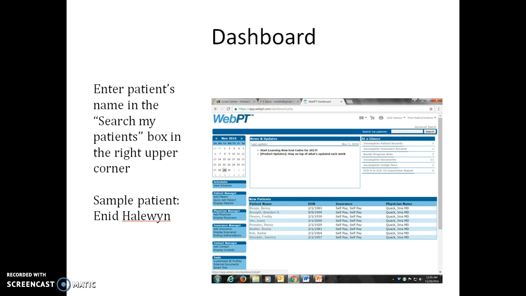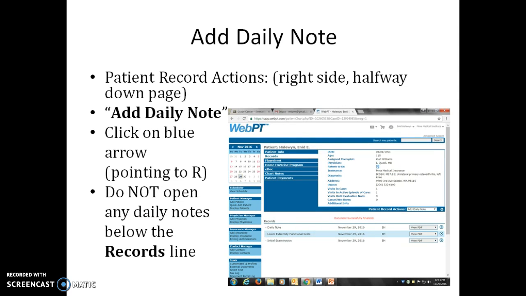Okay, and right here in that upper right corner, it'll say enter or search my patients, and you're going to enter your patient's name. So if you're practicing, you can type in Hallowen, you can type in Enid, and then push the button for search to find your sample patient. Okay. Then the next thing is you're going to come halfway down the page where it says add daily note. And so you'll see the patient's name appear